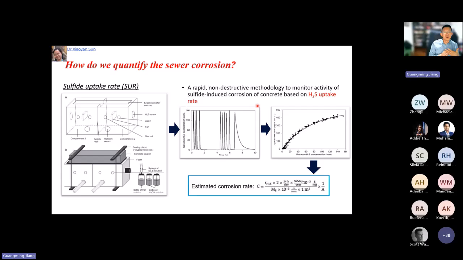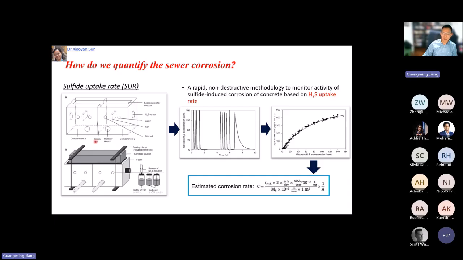And then we also had another question when we worked on this: quantifying the corrosion is very difficult. The corrosion loss using photogrammetry is a destructive assessment. You need to brush away all the corrosion products to expose the intact concrete. Based on that consideration, we thought we needed to develop a method that could do this kind of long-term non-destructive measurement. That's why we developed this SUR with one of our previous PhD students.